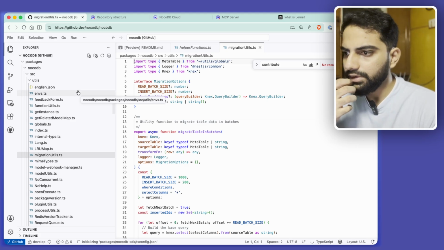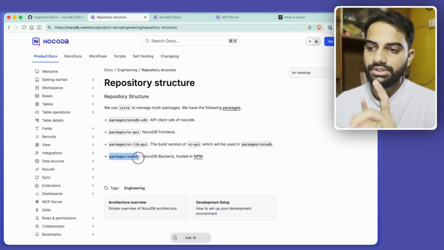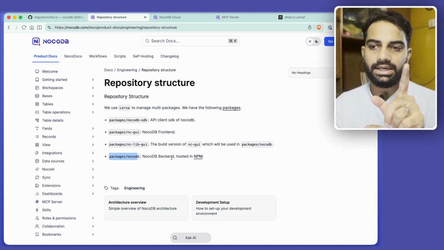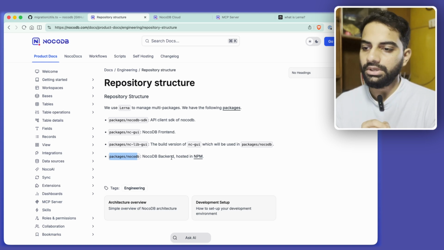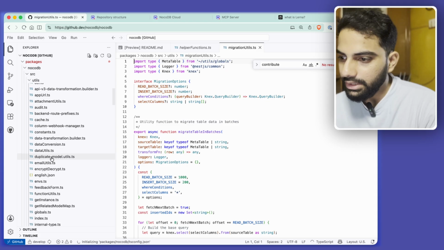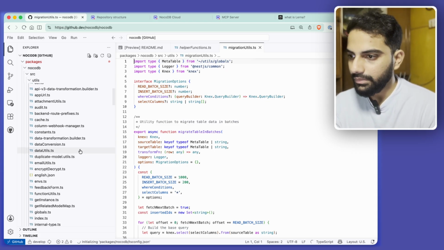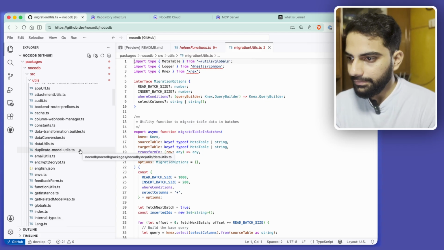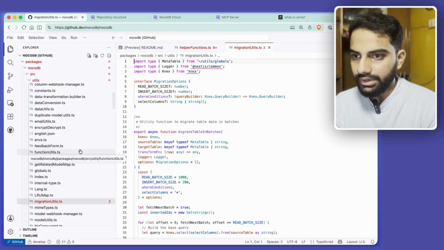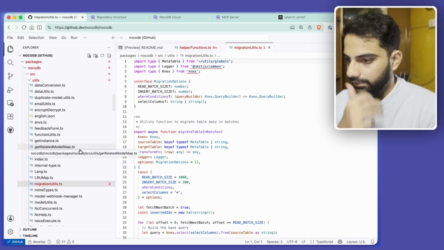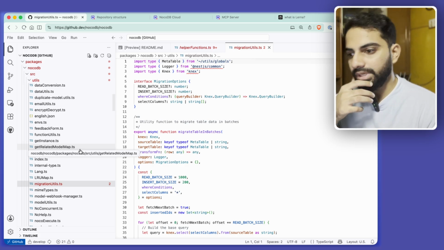Oh, we found it. After searching the files, I found it's not in the NocoDB SDK. It's in the NocoDB package that was hosted on npm. So let's go back here, and I think I found this migration util. And if the migration util is here, what we are looking for is there should be a router,